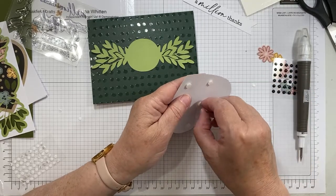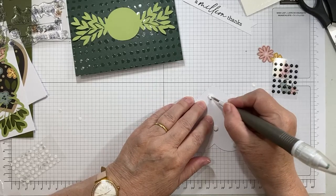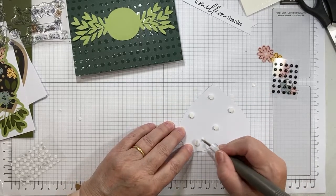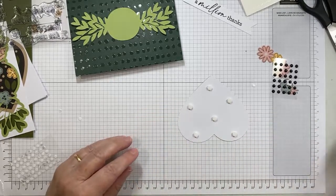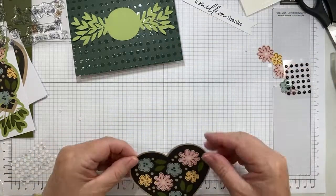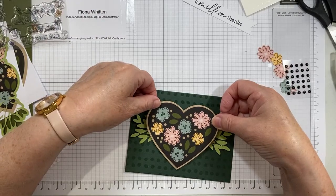Now I have long enough nails to do this. If you don't, you can use your Take Your Pick tool and just do that. Then you've got all of them on your tool, and it's easy just to throw them all away at the same time. But my bin is out of reach, so I'm just going to do that. So I'm going to put my heart on,